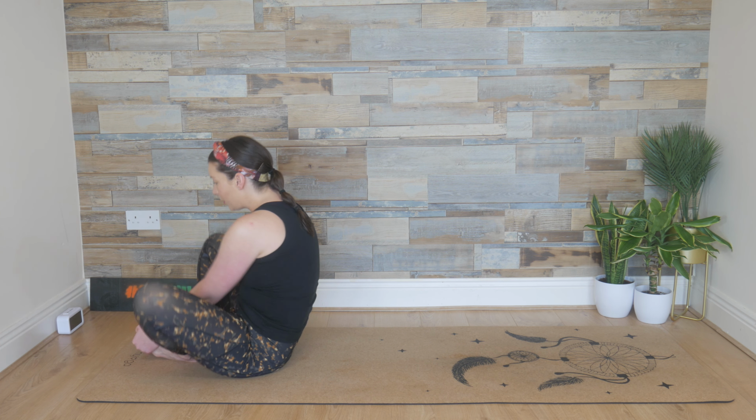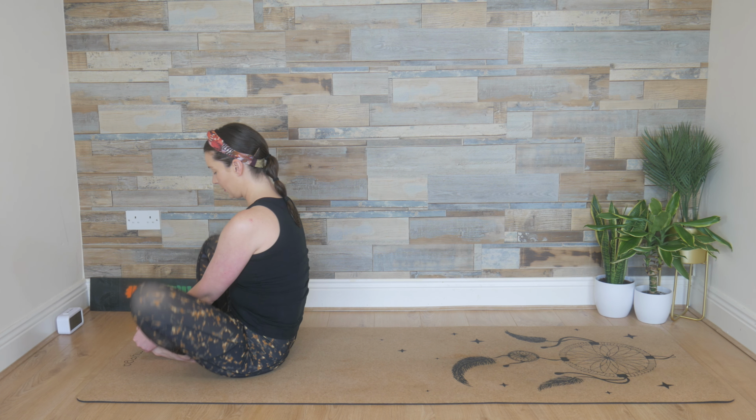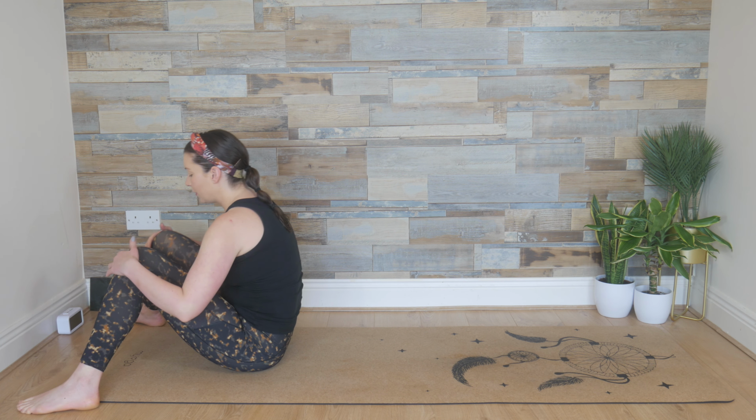At the same time, pull the chest forward, shoulders back and down. And then we release. Okay, soles of the feet outside the mat, and then you're going to pull those knees